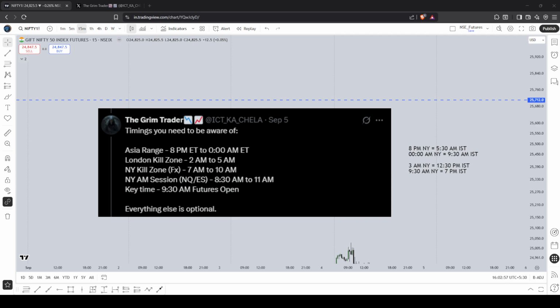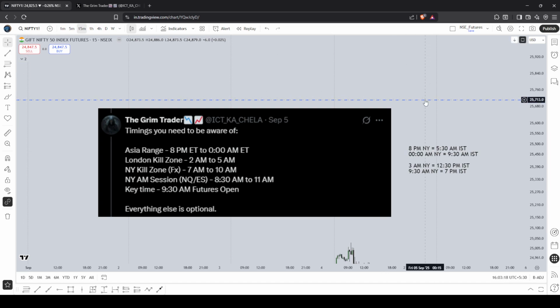So if you want to trade the Indian stock market, Indian futures, without going through all the legality, illegality, gray area in the forex markets or trading the overseas futures contracts, this is your one-stop guide to trading ICT concepts in the Indian markets. So without further ado, let's get along with it.